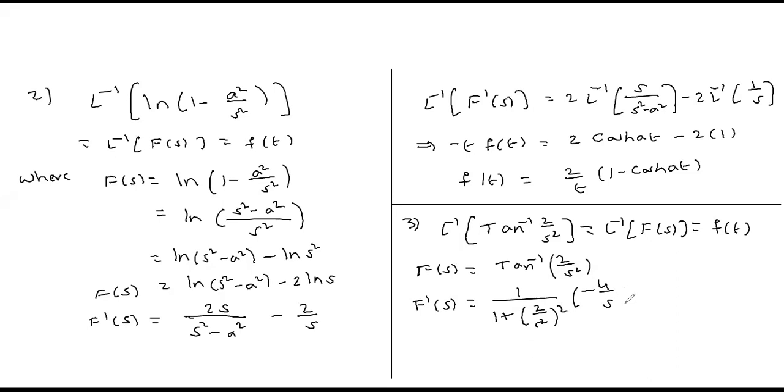Can I write like this? Minus 4 by s cube. So what is the simplification? This is s square whole square, which is s power 4, that will go to the numerator. So minus 4 s power 4 by s square plus 4 into minus s cube. Do you agree? Any mistake?